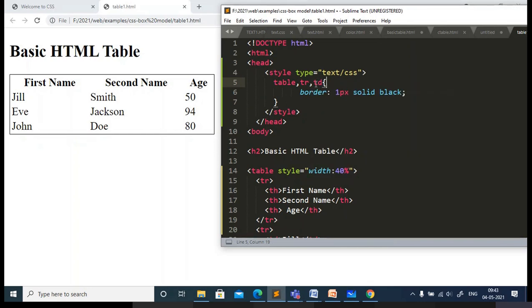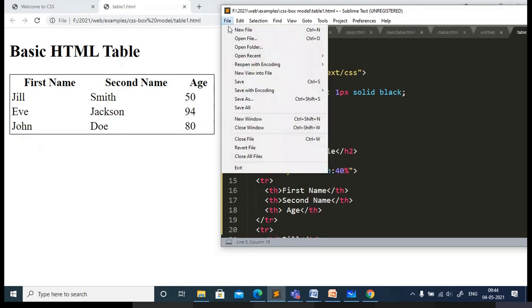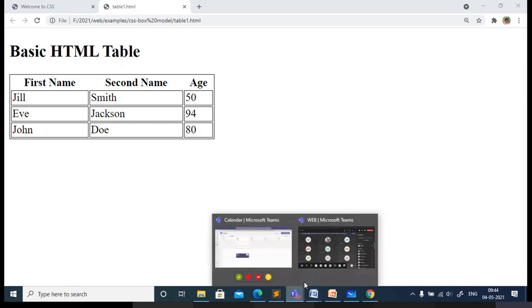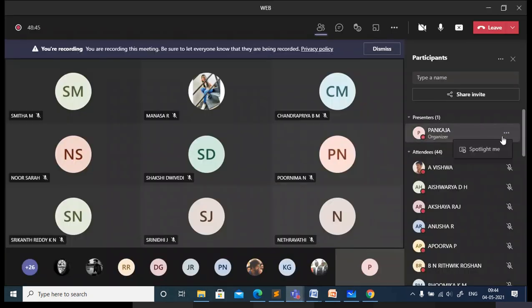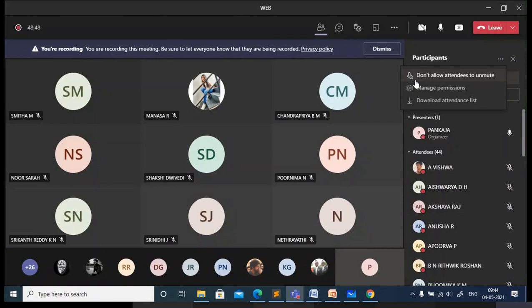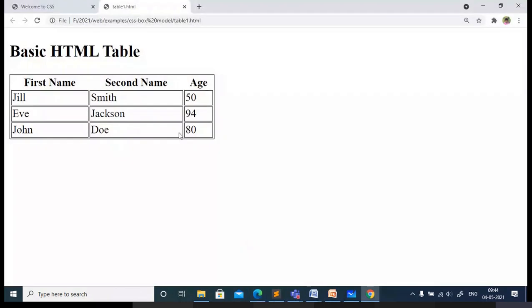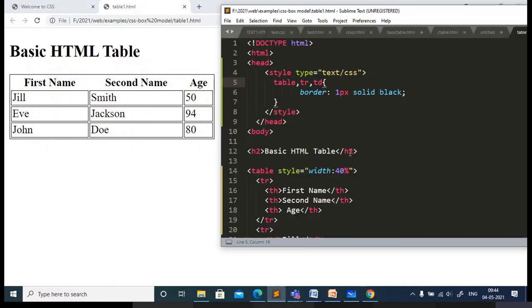Clear? So now you can see the changes applied to the table, where you get borders for each row and also for each cell. Are you able to see the changes? But try to practice it. Simply observing it is of no use. Spend time to work with this HTML code.